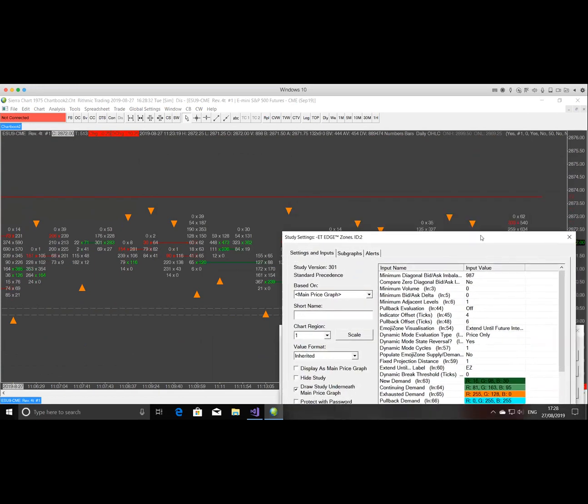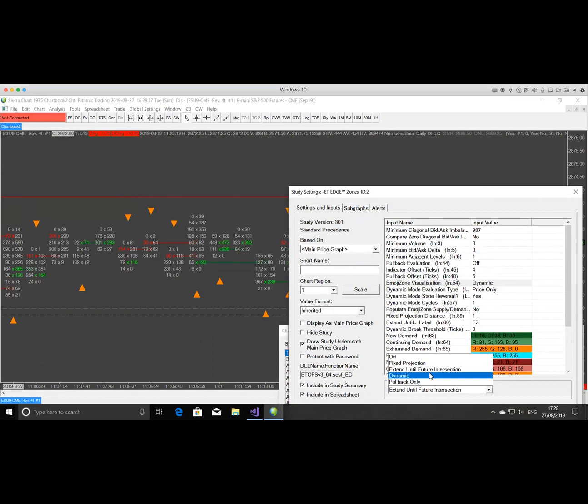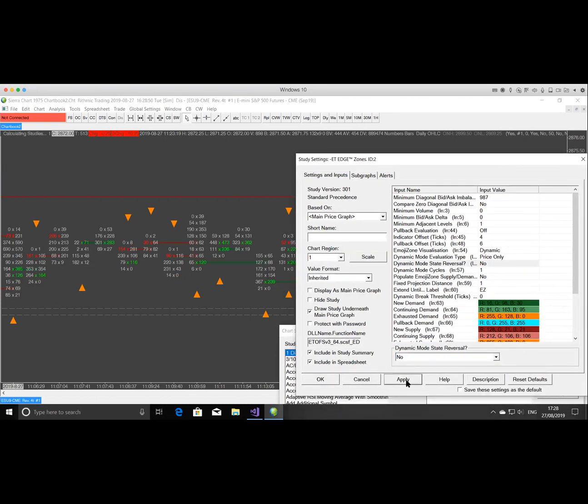And then we can start to do the really neat stuff of these colored bands. And that's emoji zone dynamic mode. So in its simplest state, if we say dynamic visualization, price only, and we won't change states, and I'll start to amend these as we go on. What I now get,